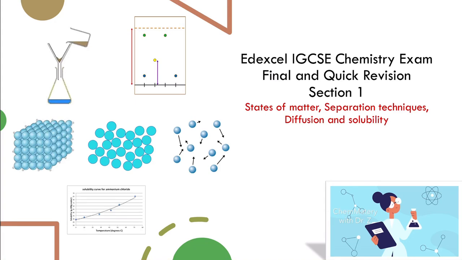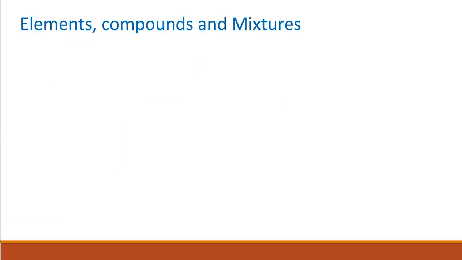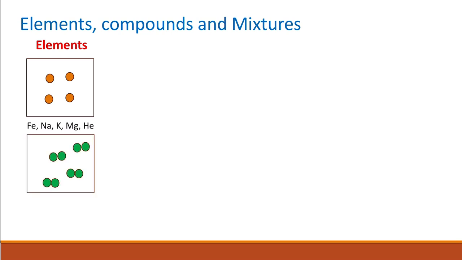Edexcel IGCSE Chemistry quick revision of section 1, particles and mixtures. Elements, compounds, and mixtures. An element is formed of only one type of atom. It can be an individual atom or it could be a molecule of more than one atom, like chlorine, oxygen,